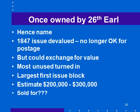The 1847 issue was devalued. It was no longer acceptable for postage, so you could take any mint stamps you had back and exchange them for more stamps of the new issue, which you could then use again. So as a result, most unused stamps were turned in, and very few are found in blocks. This is the largest first issue block. Estimate was $200,000 to $300,000, and it sold for